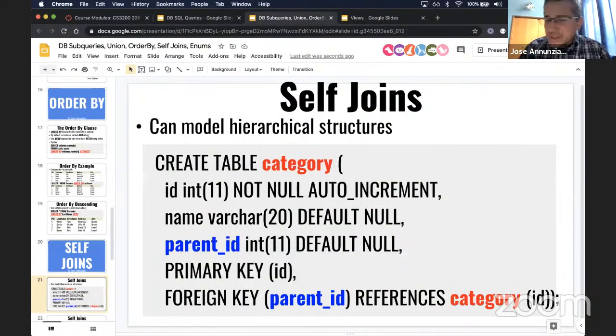Self-joins. So self-joins, if you remember, allowed us to do hierarchical records, right? Or data structures that had a root. And then you could have branches off of that root, and at each node in that branch, you could have additional subsets, right? So to create this, right, in